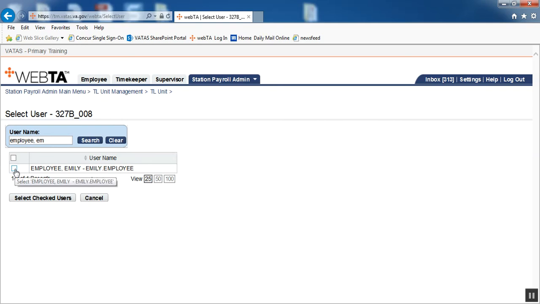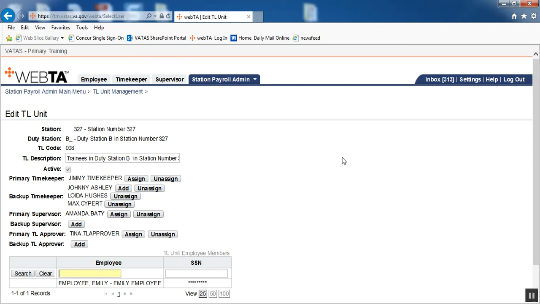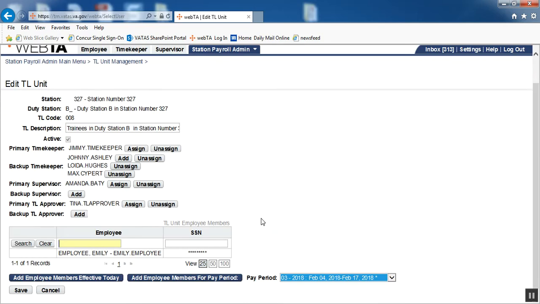You put the check in front of the employee's name, and you then select checked users. Now the employee has been moved into that TL unit. It's important to know you do not have to go and take the employee out of the prior TL unit. Once you do the steps that we just performed, the employee is automatically in the new TL unit. And there we have our only employee in TL unit